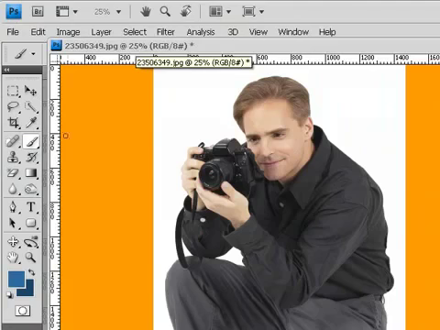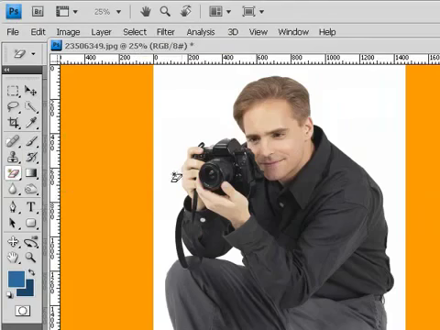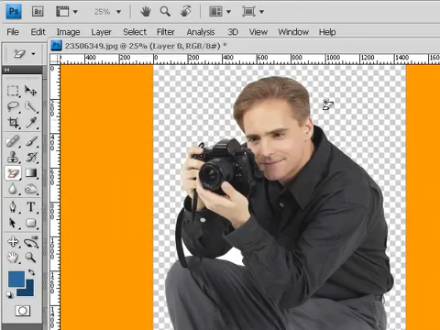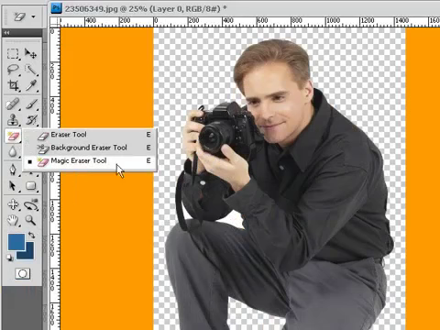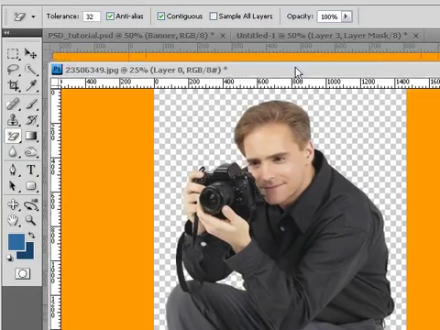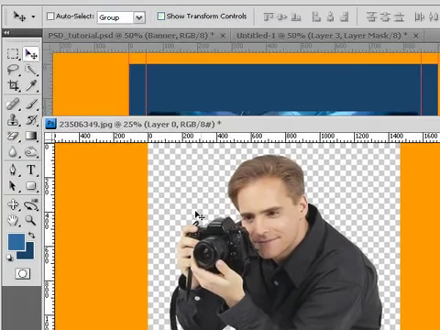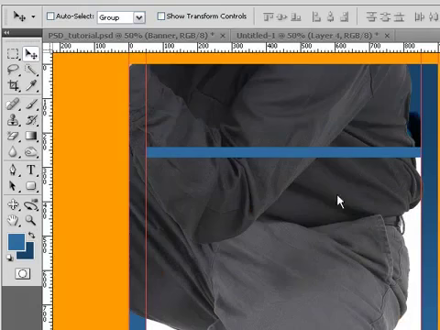Well, I like to try first the magic eraser tool, where I click once, and to be honest this actually works on this image. It doesn't work on every image. That is the magic eraser tool, and I just click on the white bits to get rid of them. So if we now drag this man, now we've deleted the white background out, into our Photoshop template, and I'm just going to minimize that down,